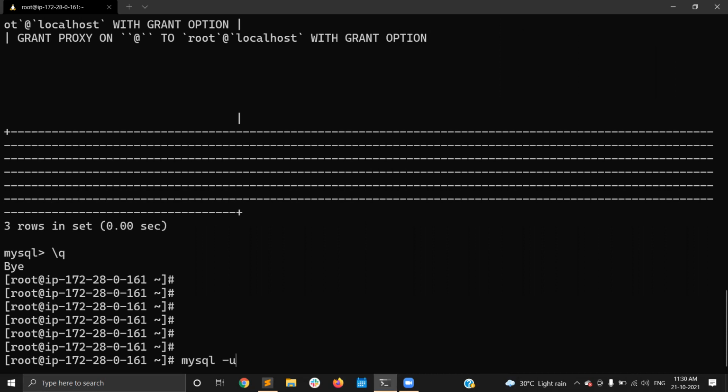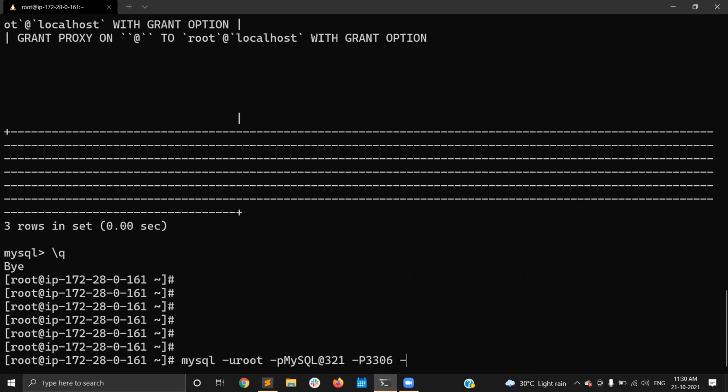You need to provide -u or --user, and provide the username here. For the password, you need to provide -p, and you can mention the password here as well, MySQL@321. Otherwise, you can give it without the password, and when you press enter it will prompt you for the password. If you want to mention a different port, by default MySQL logs in using port 3306. That is the default one. But if you have a different port, then you need to mention it with capital -P, like this.